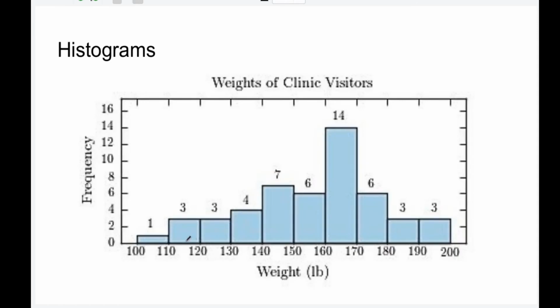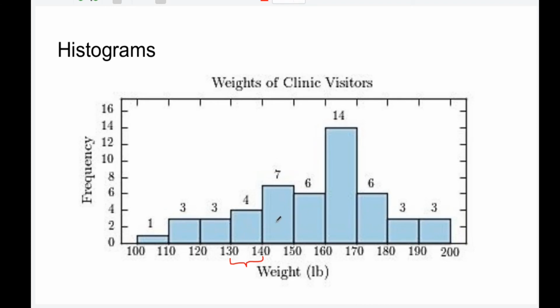Here we have patients who visited a clinic over the course of a day. We're listing frequency, which is how many individuals are in a category, versus the weight of that individual in pounds. And here we've defined something we call a bin width. The width of this bin is 10 pounds from 130 to 140, and notice each bin is 10 pounds wide,